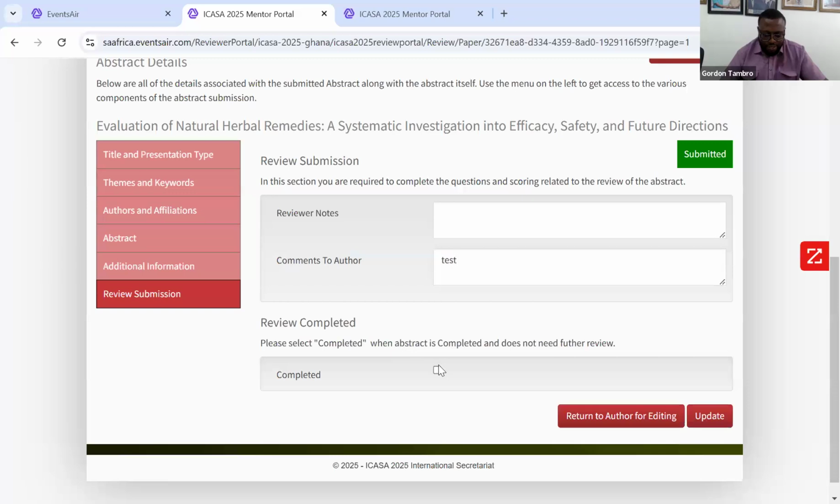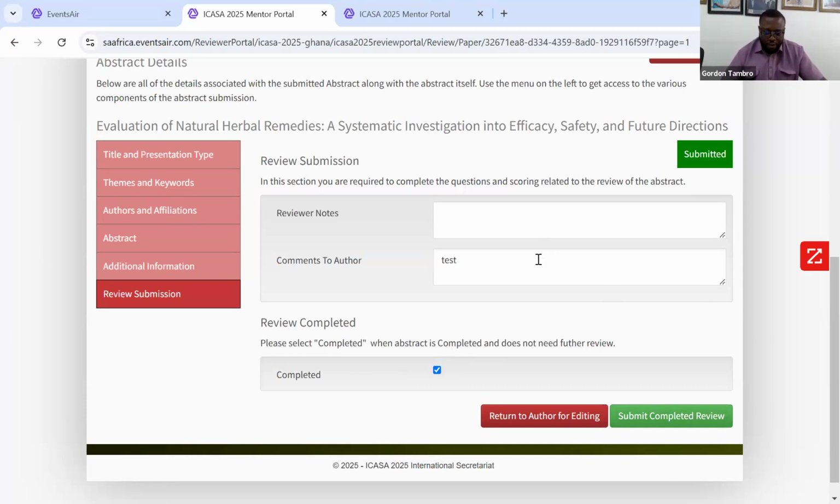So you, as the mentor, have to tick the completed checkbox. Once you click the completed checkbox, then you click submit completed review. This means that you have gone through the abstract and per your expertise and assessment, the abstract is ready